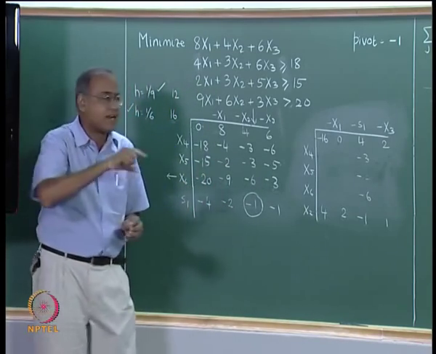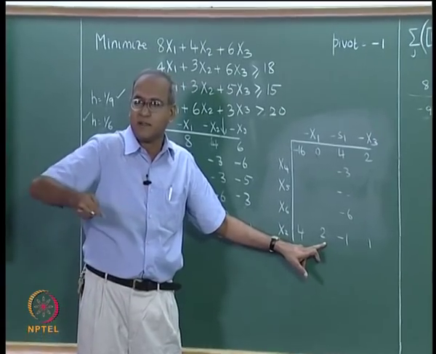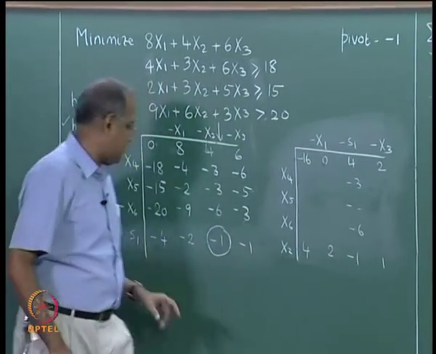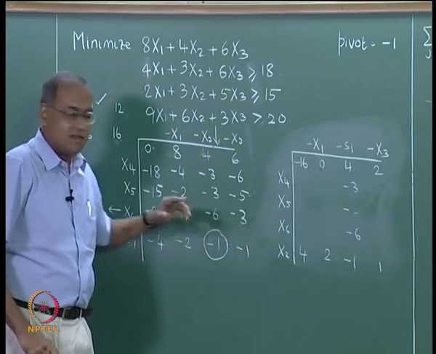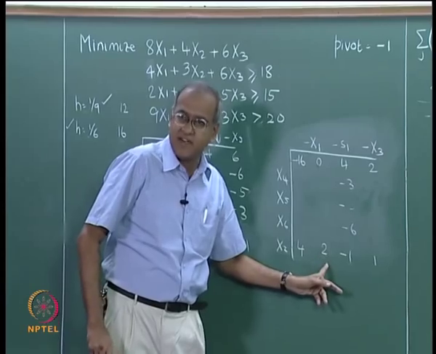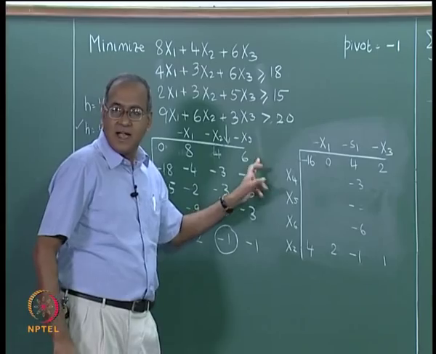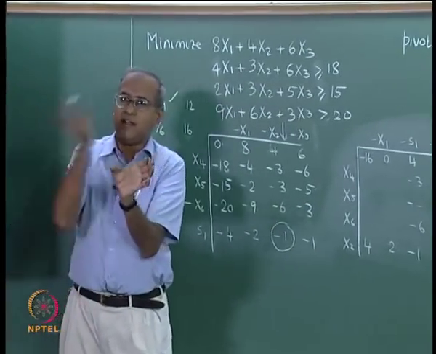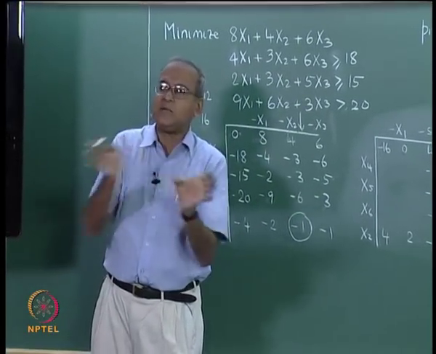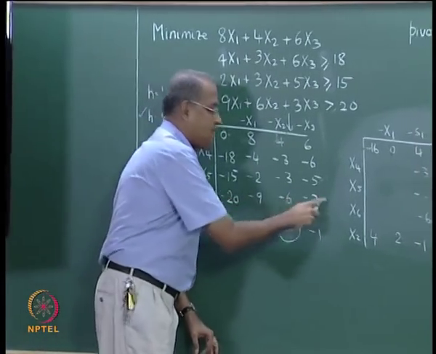Therefore, we take only the negatives to do this, because those negatives are essentially at the end of the day going to give us positives, which we end up subtracting. If some of these numbers are positive, then these numbers will become positive, and then these numbers will become negative, and then it means we end up adding something to these. Adding a positive quantity to a positive quantity is only going to retain the dual feasibility. So, we are concerned only about those numbers which are negative here.